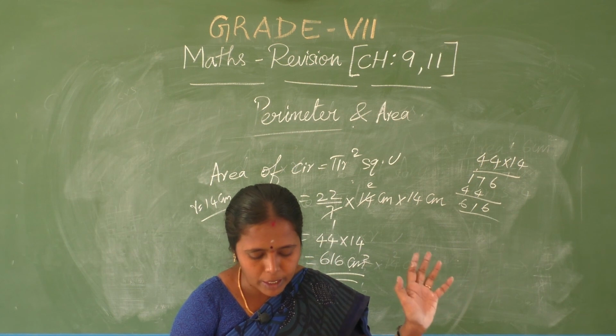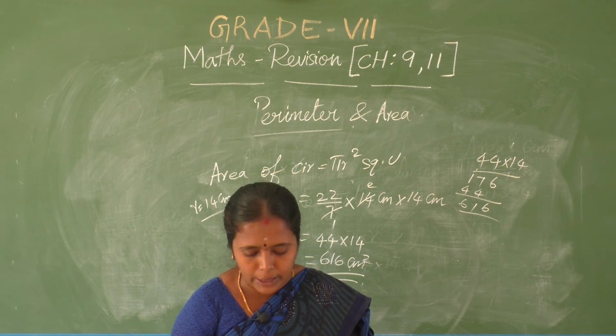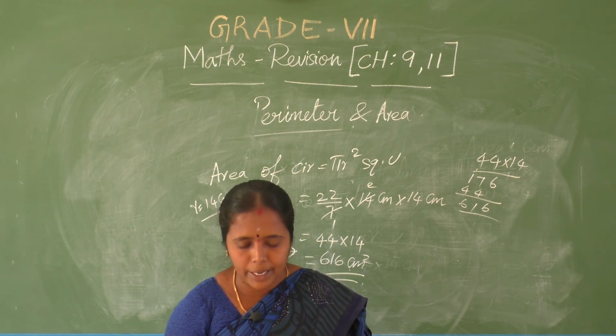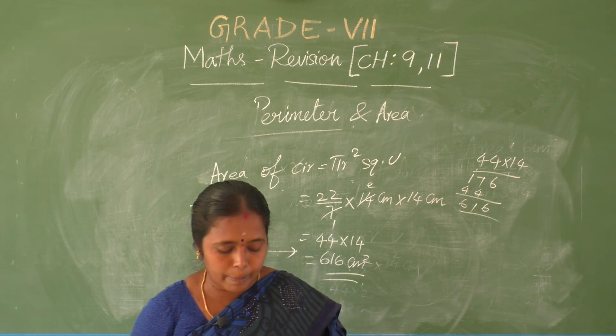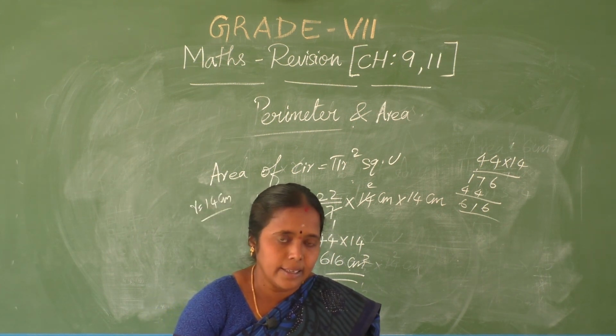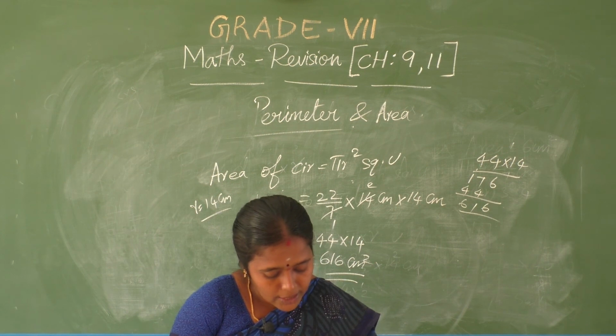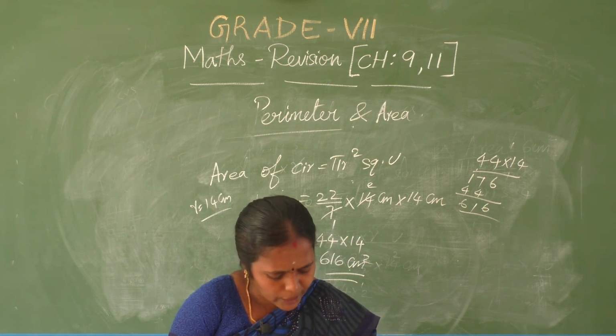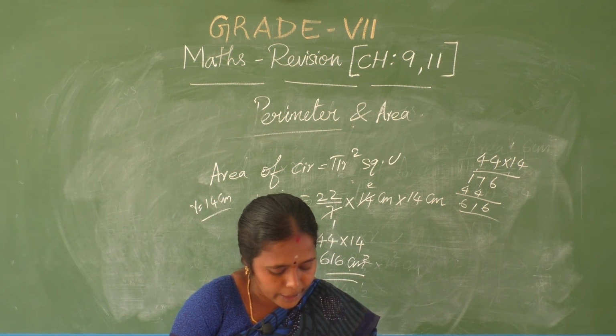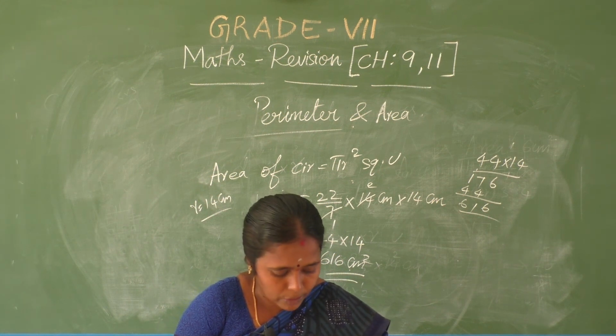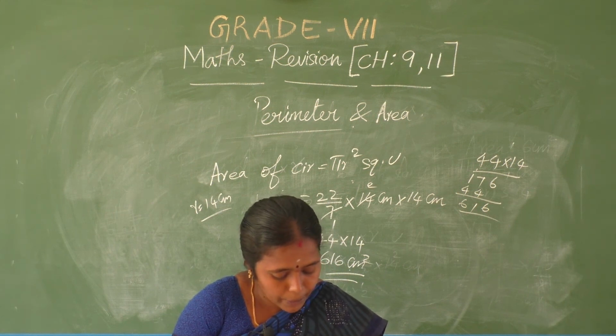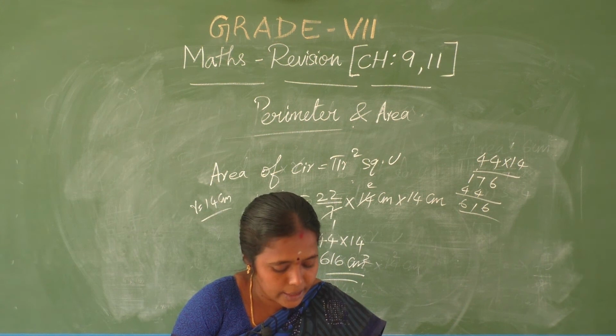Okay, the formulae in this topic, you must know thoroughly: area of the circle, area of the rectangle, area of the parallelogram, area of the triangle. Okay, the last exercise pathway is there: inner circle, inner rectangle, outer rectangle. Using the area of the rectangle you can solve that. That's all. Lightly I have touched all the topics given in this chapter.